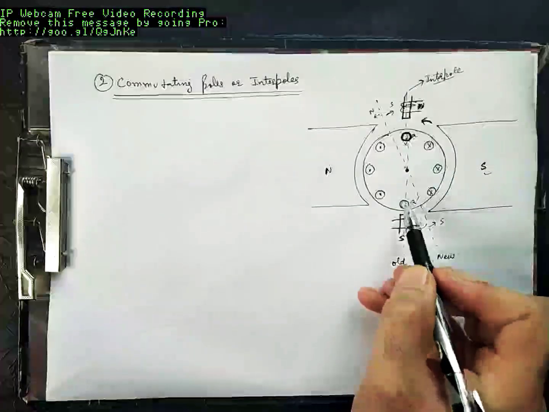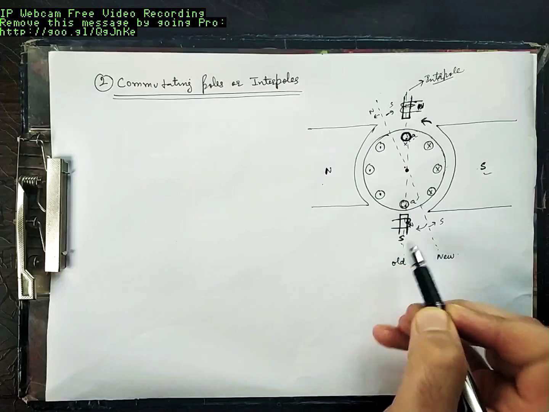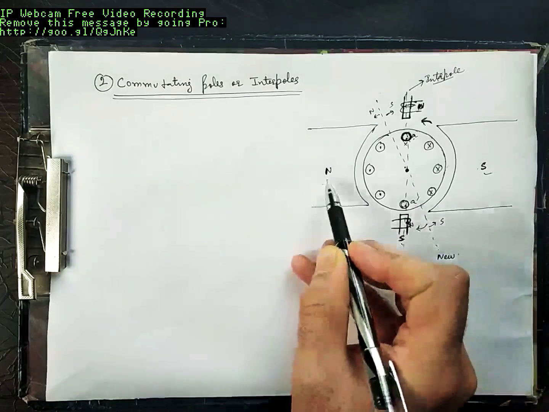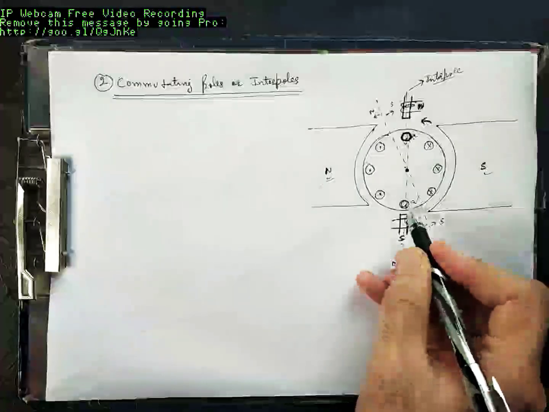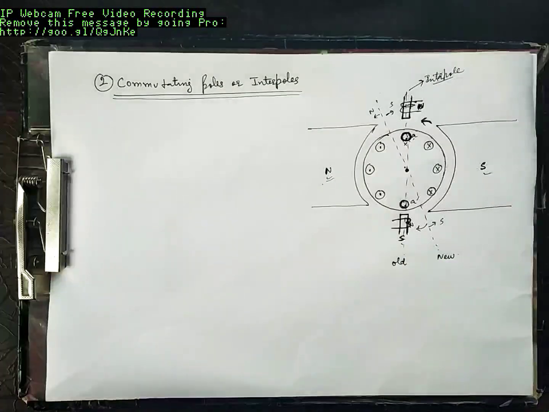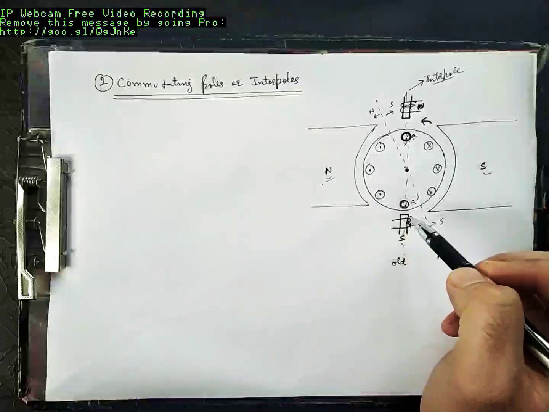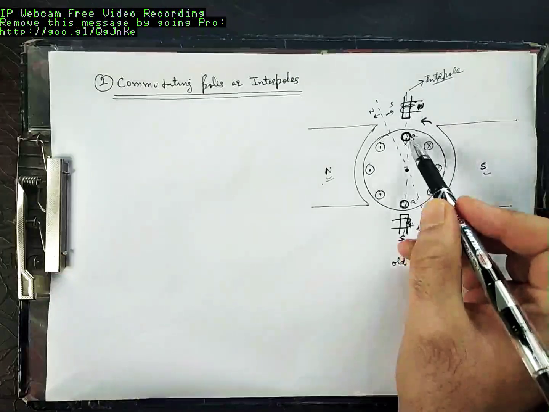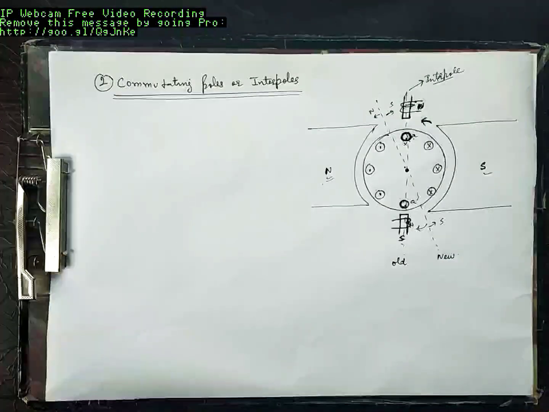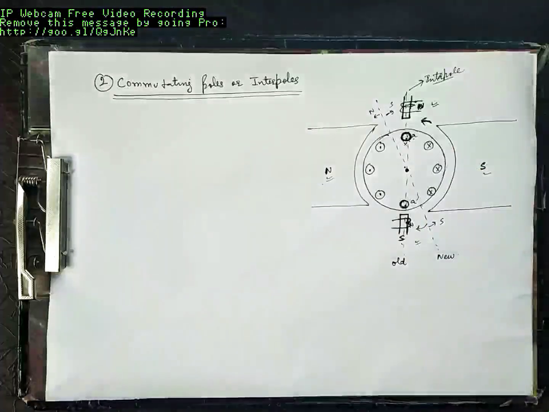Similarly, this is under the north pole. If we have this interpole of south pole polarity, this will induce a voltage opposite to the voltage induced by the north pole. So net voltage induced in this conductor A prime is 0. Now if commutator segments connected to A and A prime are being short-circuited at this position by a brush, there won't be any sparking problems. Why? Because there is no voltage induced. Net voltage in A and A prime is 0. This is how we can use interpoles to solve the problem of brush sparking.